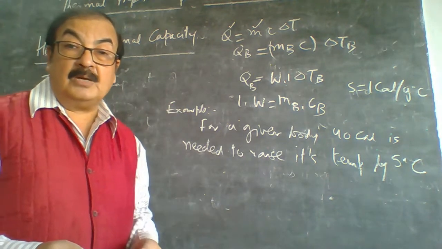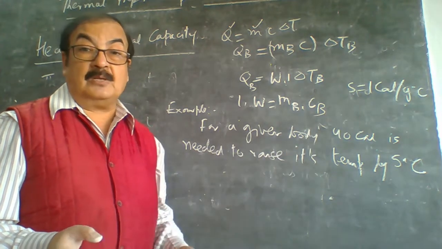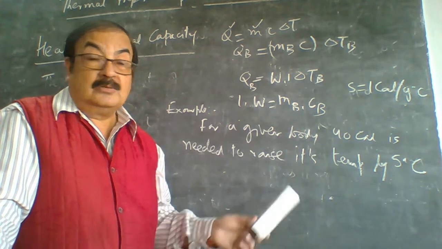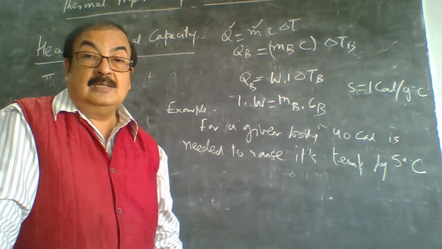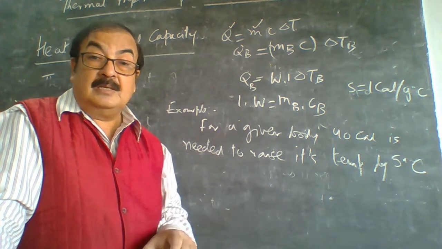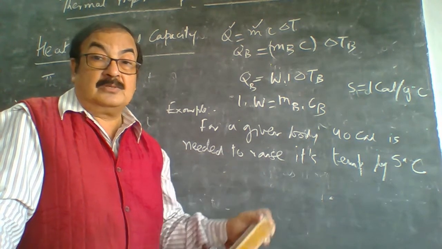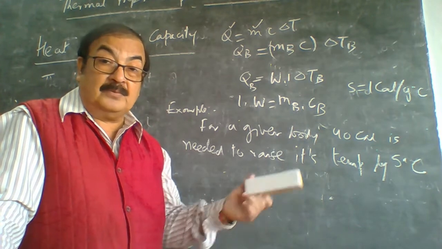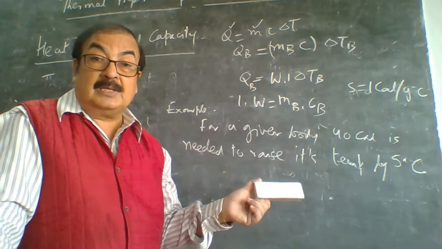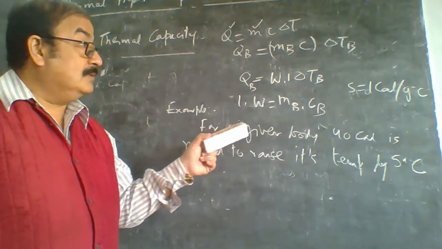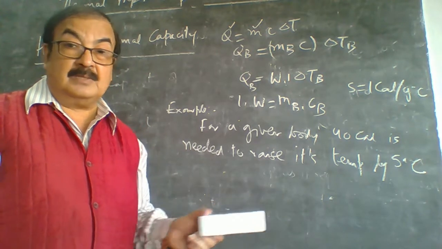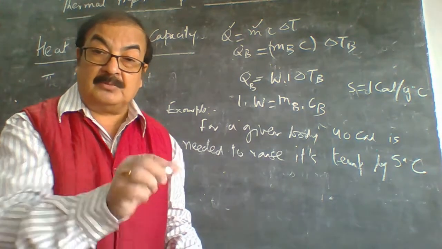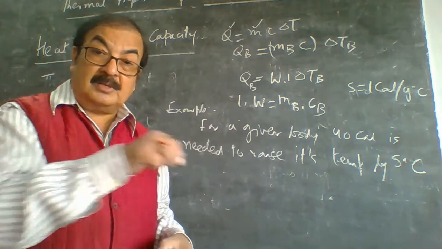So what is the water equivalent? The water equivalent is 40 gram. The water equivalent is that mass of water which also takes 40 calorie of heat to raise its temperature by 5 degrees Celsius. Remember, the water equivalent of a body is the mass of water required to raise its temperature by the same amount of heat. Okay, that means whatever heat is required to raise the given body's temperature by any temperature difference, the same heat is required by a specific amount of water for the same difference when the same amount of heat is given to water.